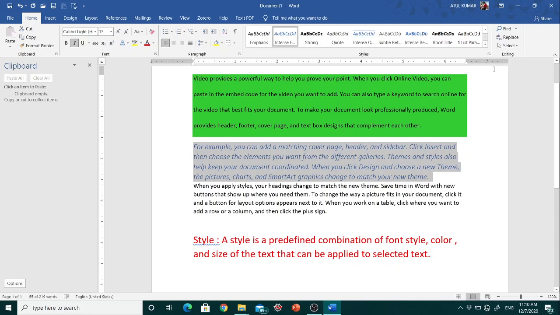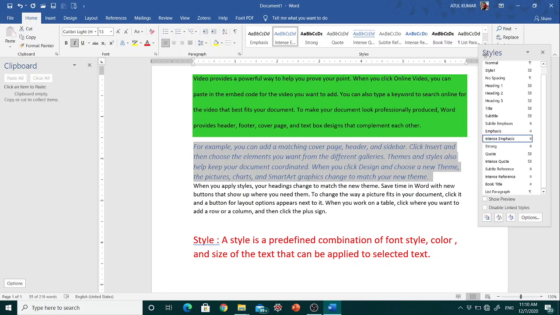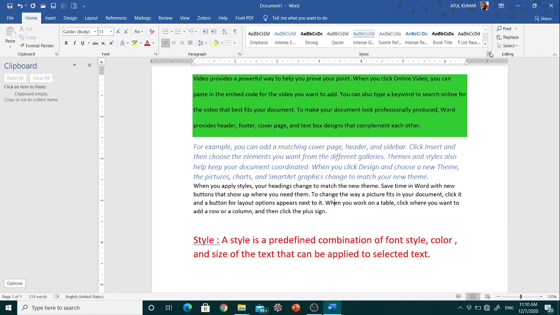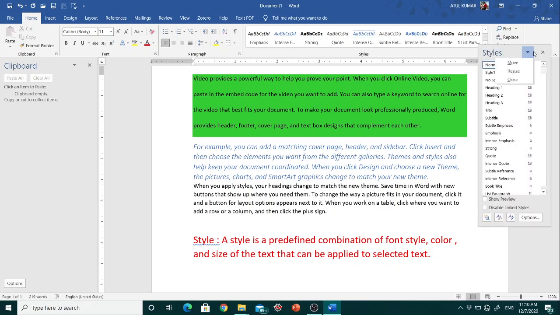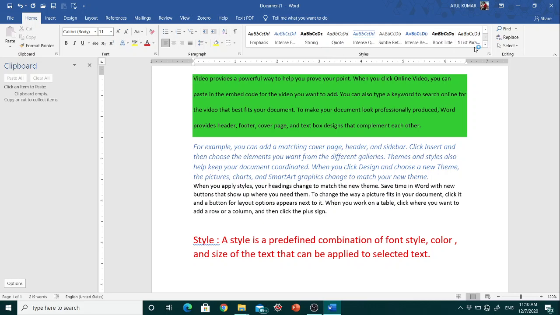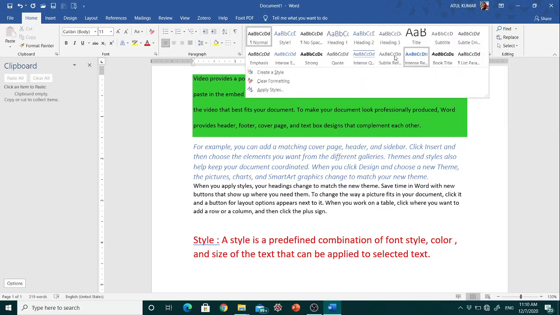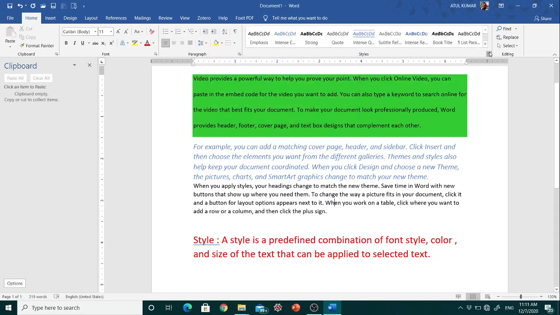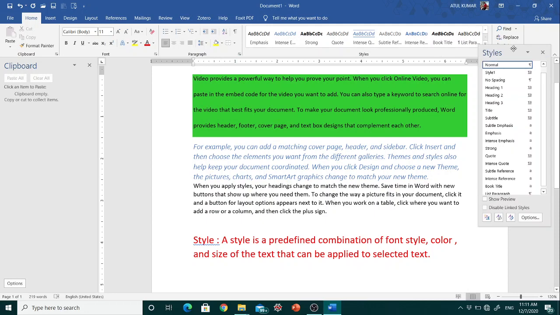Also from this option you can click on create style to create a new style.